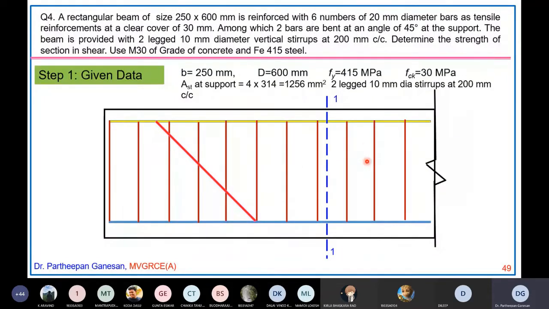So at this section 1.1, you only have the shear reinforcement. But there is another thing also. What is that other thing? Will your entire shear be resisted only by the shear stirrups or anything else? Bent-up bar is here, but here there is no bent-up bar. At this section, what else will resist the shear force? One thing you told, shear reinforcement. Is there any other thing which will resist shear force?